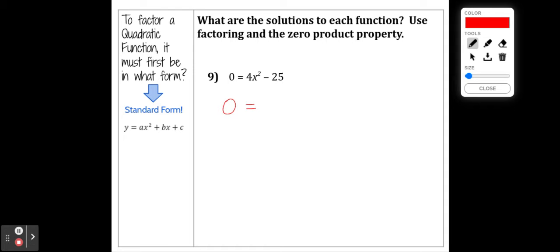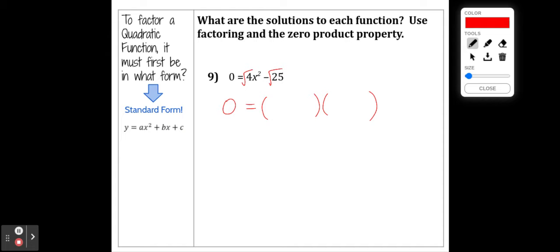So I'm going to use the factoring method. I'm going to factor 4x squared minus 25. Now the middle term, it canceled out. There's no x term, the b value of this quadratic. So I can look at the first and the last terms to help me out with this, and I notice that they're both perfect squares. You probably remember this from chapter 8.